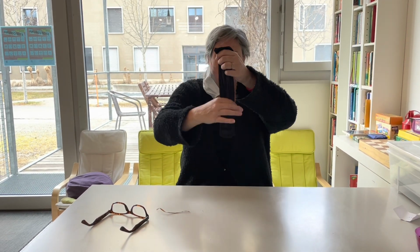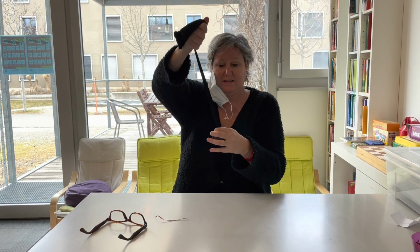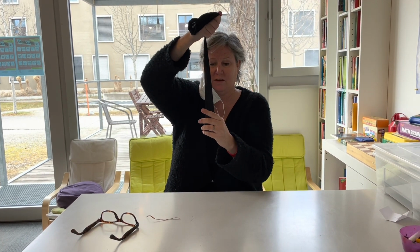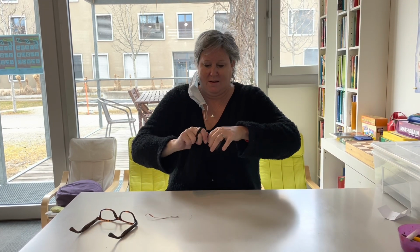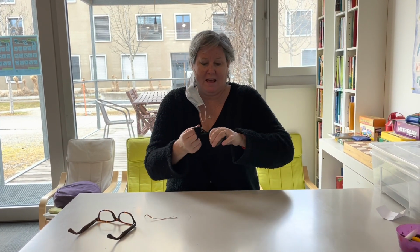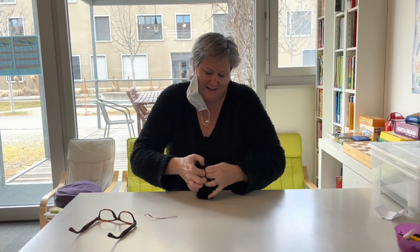Okay. Then, like I said, you want to make sure that your leaves and your little flowers and things are leaning flat against your egg. Pull it tight to make sure that your things will lay against the egg smoothly, and tie a nice tight knot right next